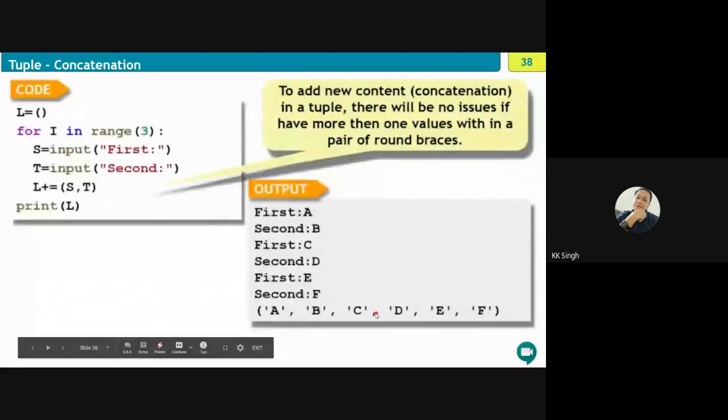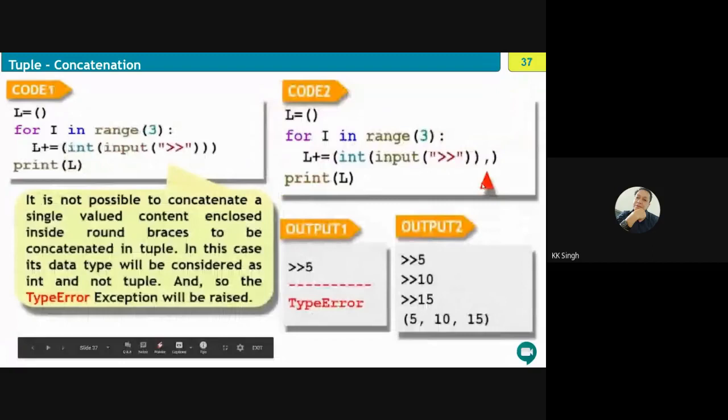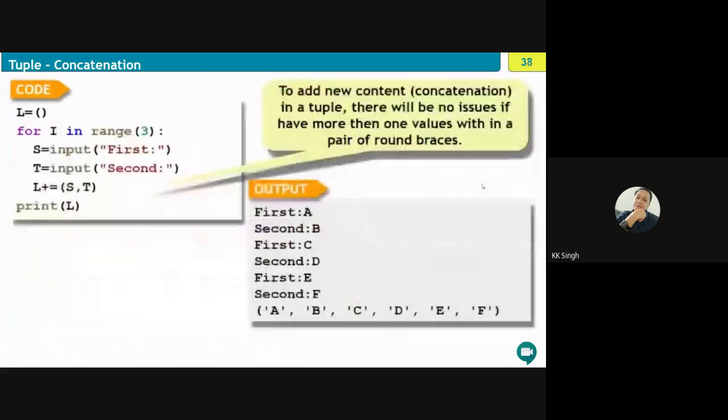So from the previous slide, this is the only difference. In the next slide, we have taken two values at the same time in one iteration. That is why comma is there. So no error will persist. But if it would have been a single value and without comma, then there is a problem. So to distinguish the elements of the tuple, comma is a must